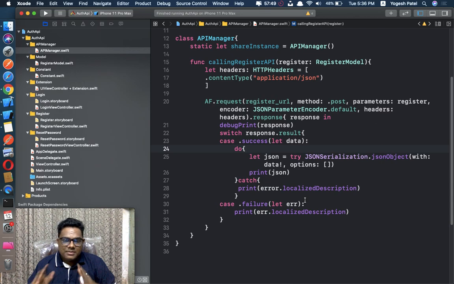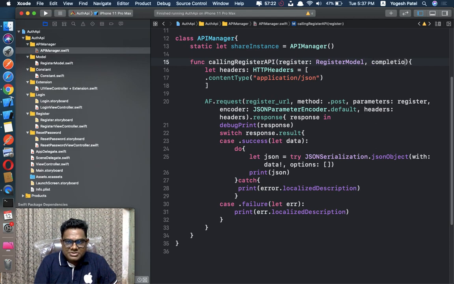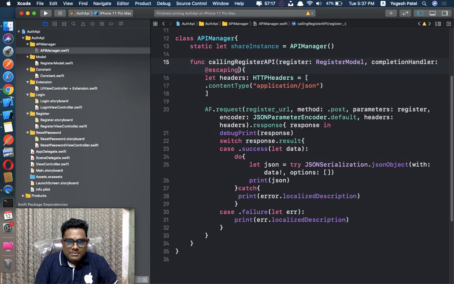Okay, when the video is completed, when the register, login and password are all complete, then I'm going to explain how we can create a generic API class and how we can call it, and at that time I'm going to explain the whole thing. So it's just a basic thing, so you just get the idea of how it's going to work. Okay, so I'm just writing a completion handler. The completion handler is at escaping, and we just need to pass the boolean value right now, and then